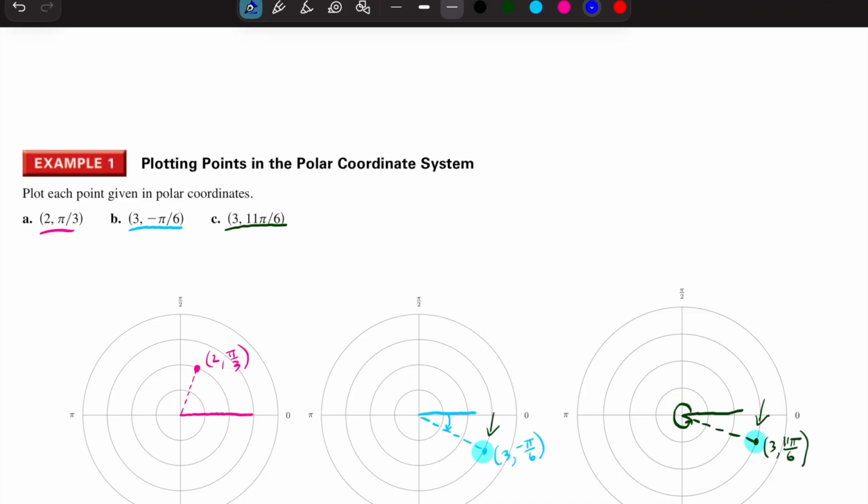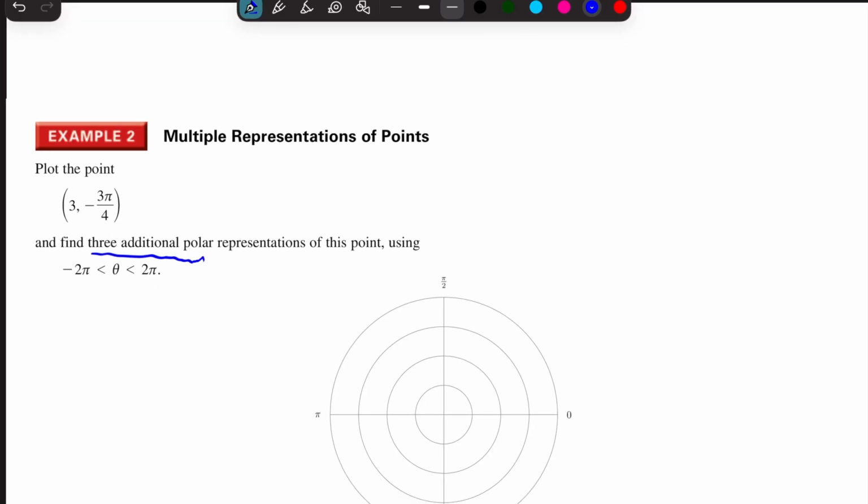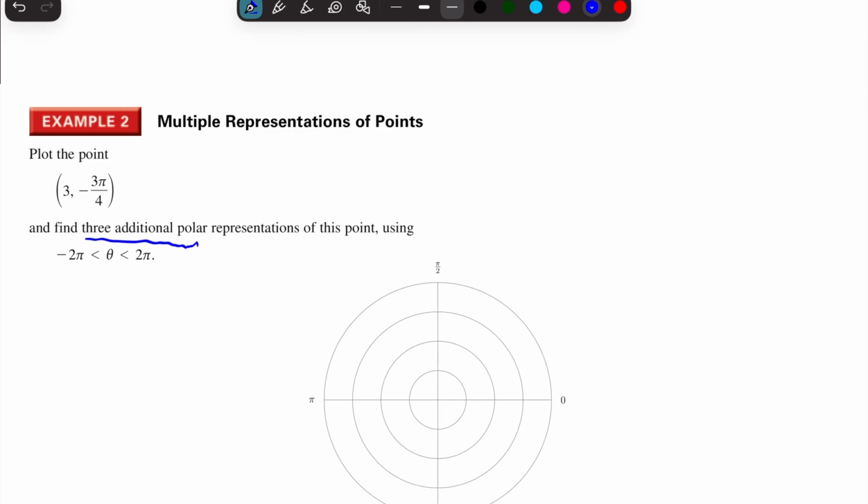Okay, so think of this one as the shortest route to the party, and this one, we took the scenic route. We took the long way to the party, but we ended up at the same place. All right, so let's do an example where I want multiple representations of the same point. I want to find 3 additional points